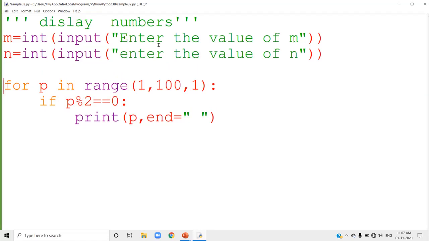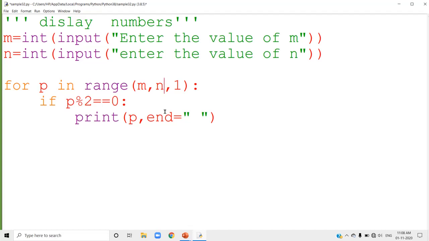So I can use the for loop in this way. Instead of this m1, what will you write? Which is the start value in this question? In this question, the start value is m. And what will you write here? In this question, the stop value is n. Now, we don't know whether what we are inputting is an even number or not. If m is even and if your step value is 2, then automatically the for loop will give you the even numbers itself.